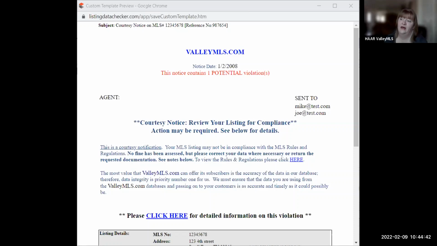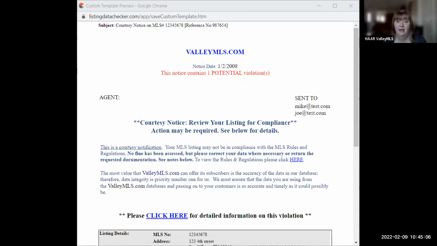And if we do ask for that source of square footage, it'll come via a courtesy notice square footage audit. And you can just reply back to that and attach whatever measurements you have. I joke around that they can be drawn on the back of a bar napkin. I don't care. It just needs to match the source you've selected. And you can only select a valid source. So just remember, you cannot say see remarks and then put something in your remarks that's invalid.